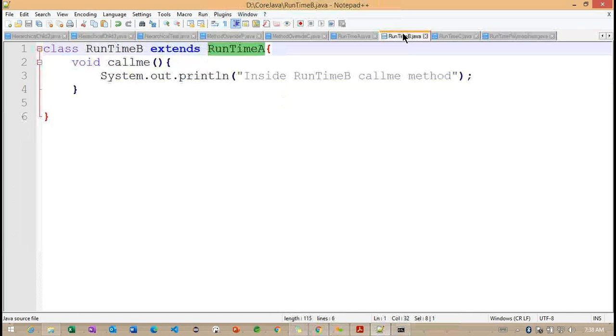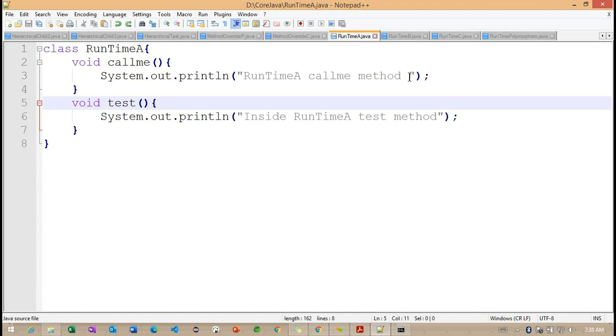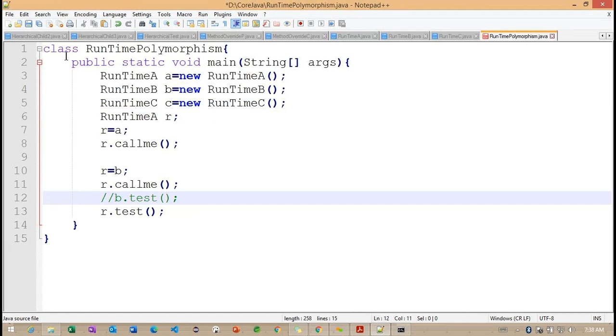The same thing is happening in our current example. Here we don't have any test method, but we define it in our runtime A class. So we need to be careful whenever we are working with this kind of superclass reference with a subclass object. This is important here.